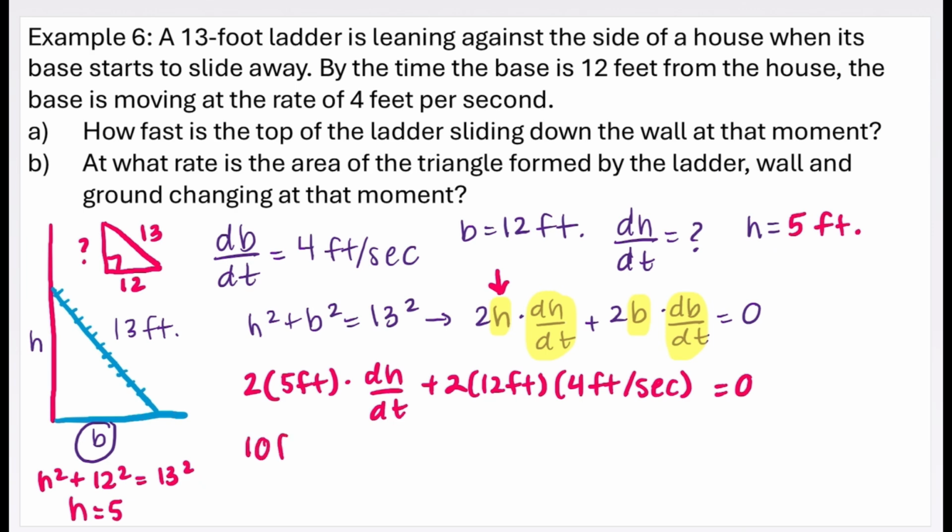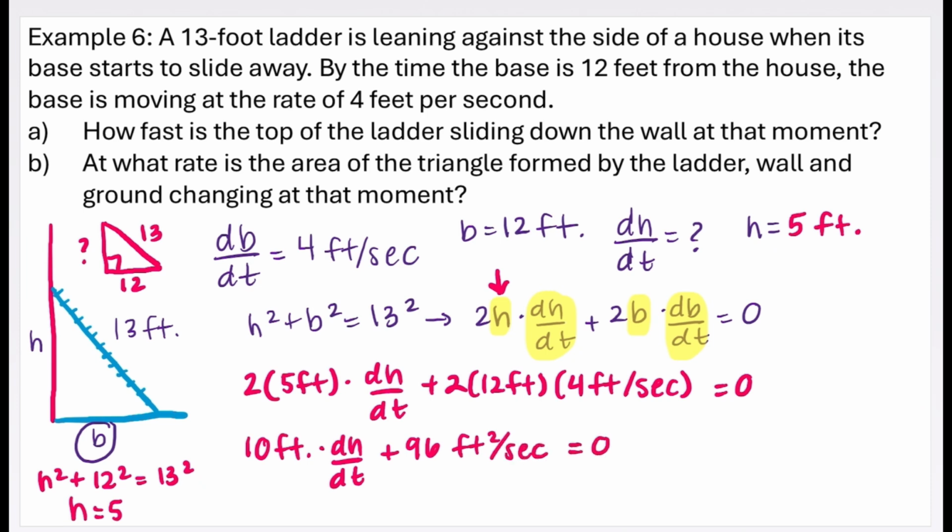So I'll have 10 feet times dH/dt. And I'm going to have 4 times 2, which is 8, and 8 times 12. It's going to be 84, I think. Let me double check that. I'm bad with my 12s. Oh, 96. See, I was off. Okay. 7 times 12 is 84. 8 times 12 is 96. So I'm going to have plus 96. That's going to be feet squared per second